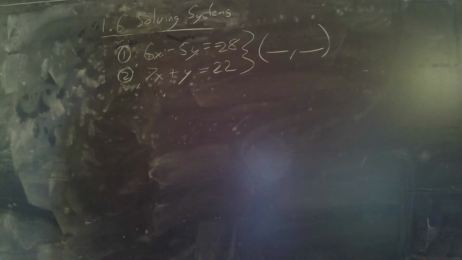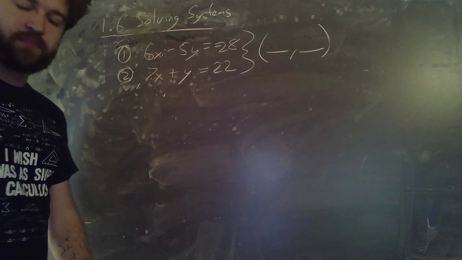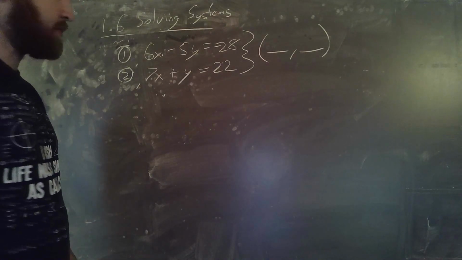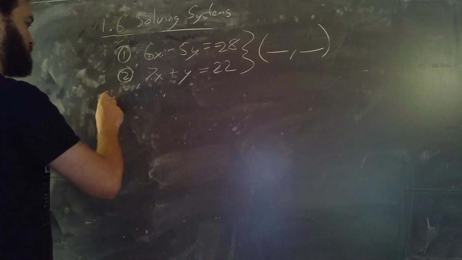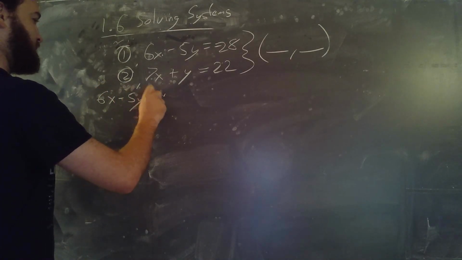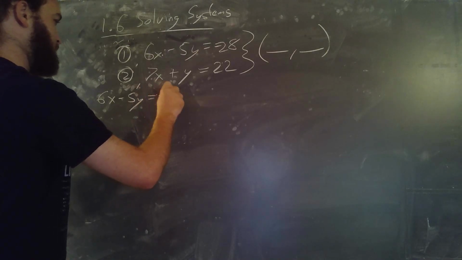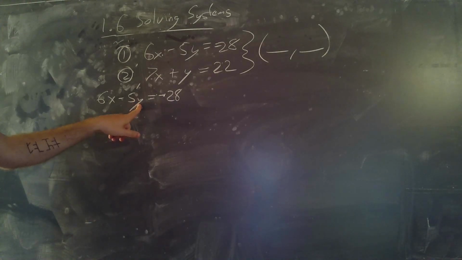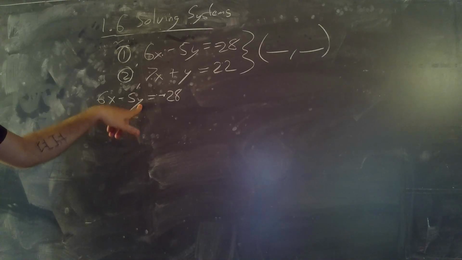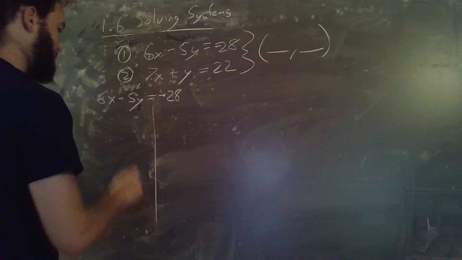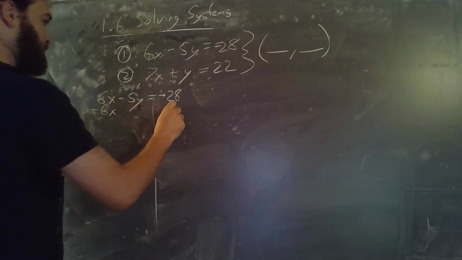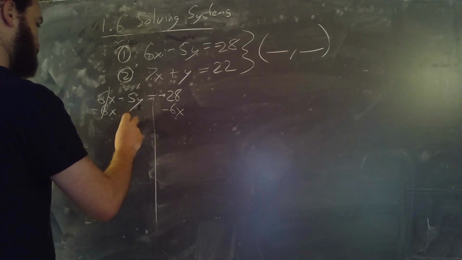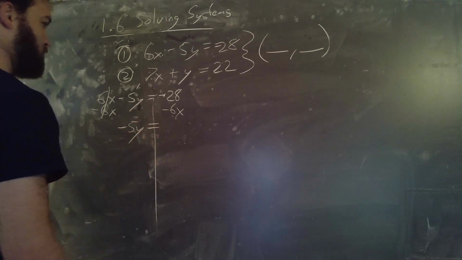Now the problem here is that neither one of these equations is in the mx plus b form. So let's come over to the side real quick with the first equation and figure out what this is in mx plus b form. In other words, I'd like to isolate the y, or solve this equation for y. I can do that by sending the x over to the right-hand side by subtracting 6x from both sides. That will give me negative 5y equals